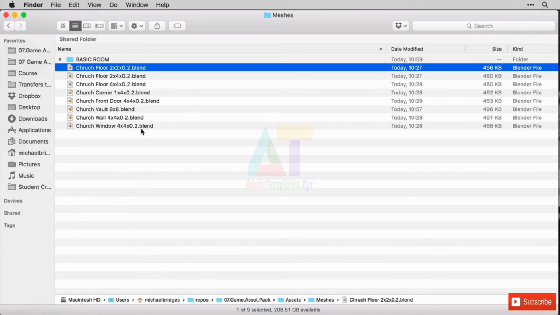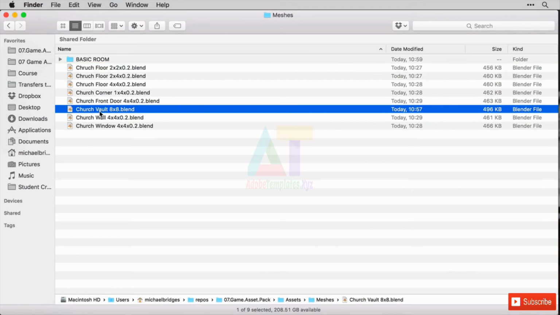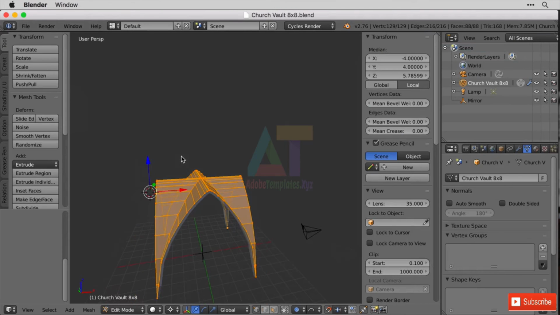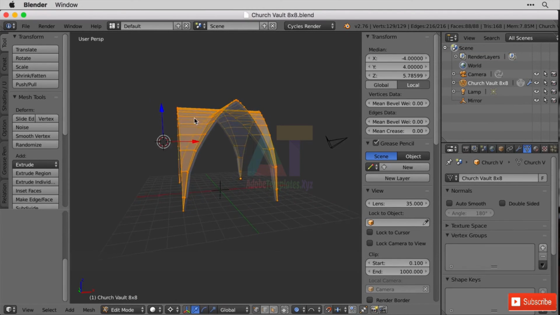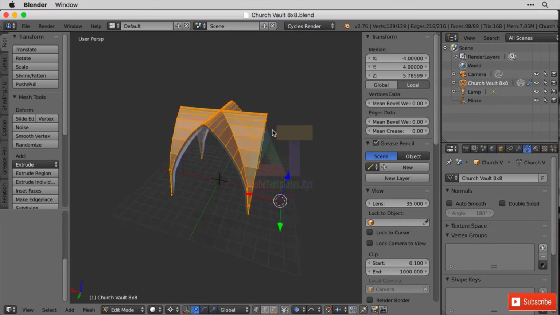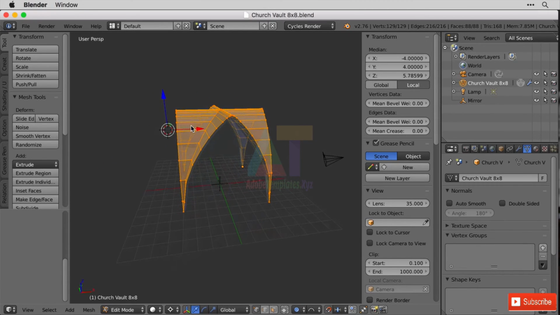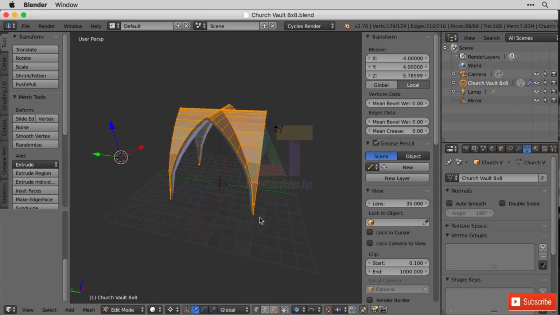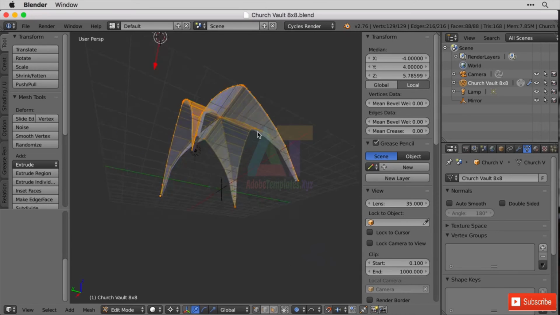And the church window, so there's an archway window in there as well. So let's just have a quick look at the vault and explain how this was put together, because it was more of a challenge than the simple building blocks that we've got. Now, I realised that in my designer, they're about 8 Blender units apart where the pillars are going to go that come up to this vault. I had to look up what the vault was called. It's the ceiling bit that looks like this in a